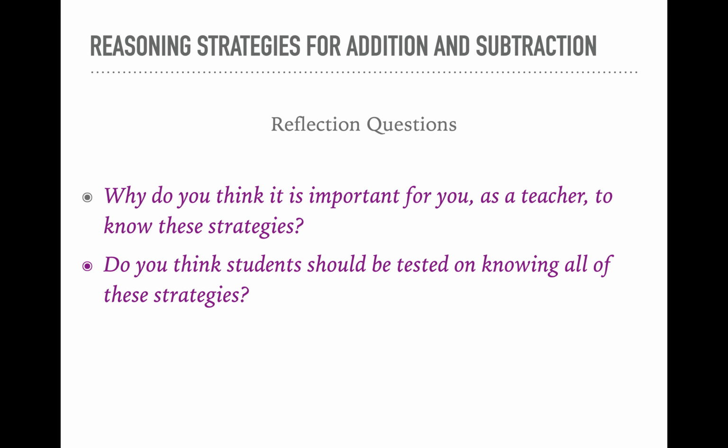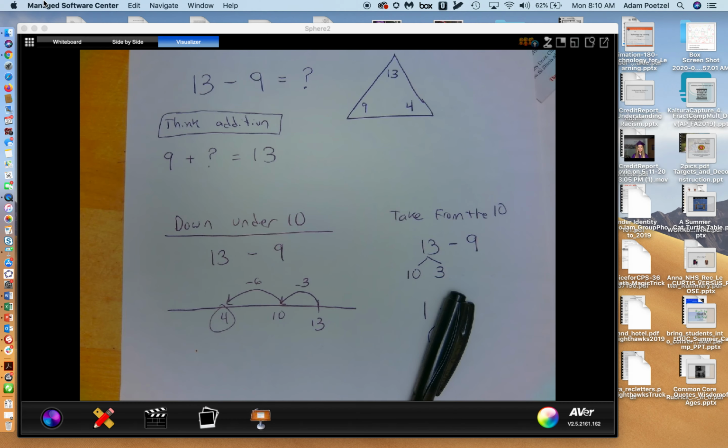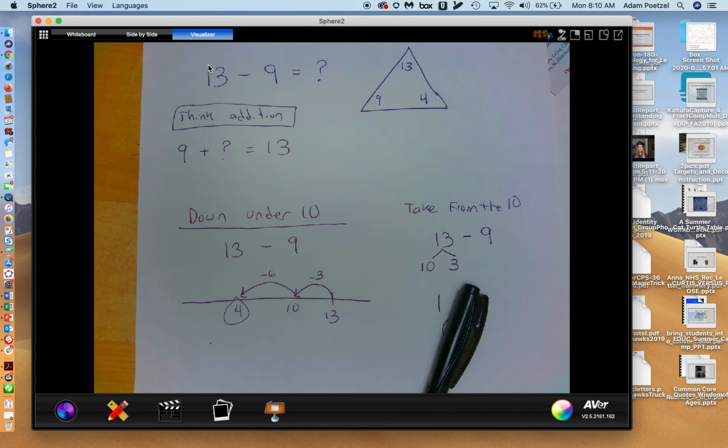So we as learners may or may not have used all these strategies. I'm sure we didn't, but I'm sure we used different strategies as we learned these, and probably still do as adult learners. As a teacher, it's important that we get to know these so that, one, we're aware of student thinking as we hear things, but also can help coach, can help suggest strategies, can help know the right tools sometimes for students to help think about their facts in a different way. And a big question here that I often get from